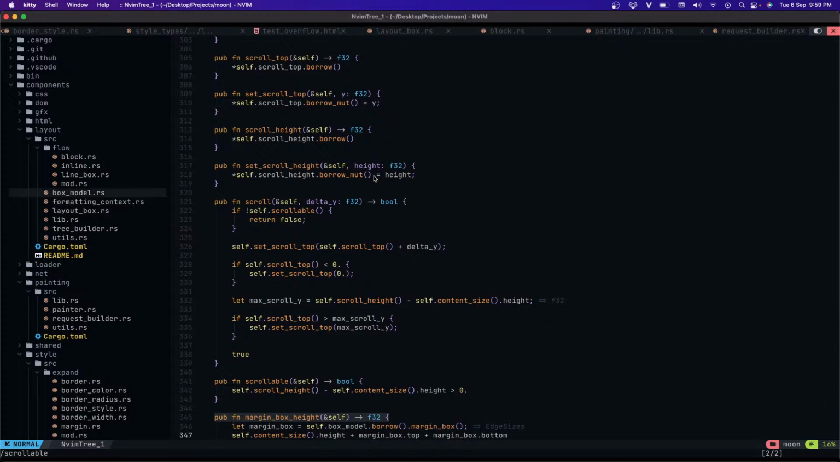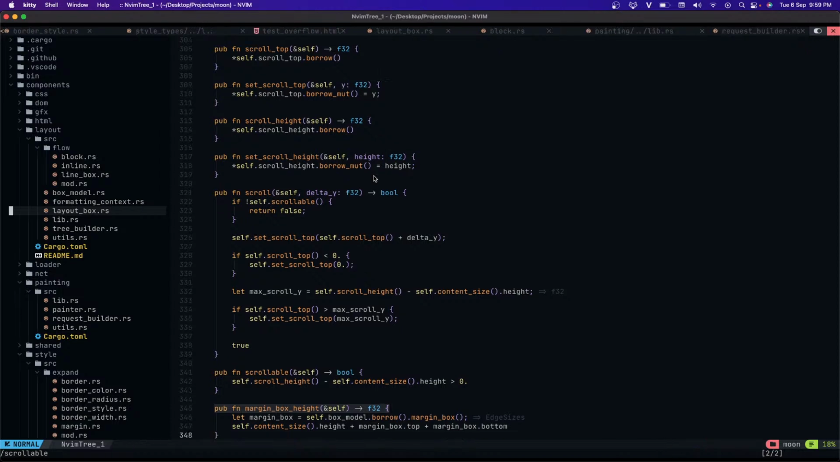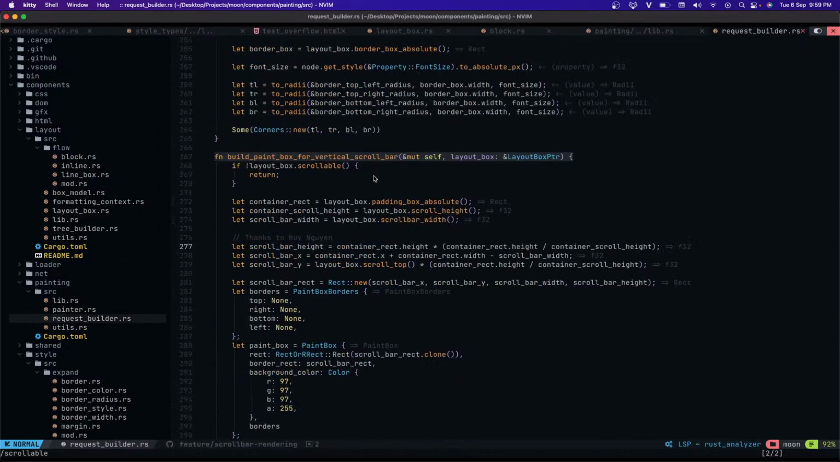Shit, what are we doing? Right, we're calculating the... Oh, right, we're doing something in here. So what we're doing is we're saying the scrollbar x should be the container rec x plus the width minus the scrollbar width, which is correct, but the container should be the padding box instead of content box, because the scrollbar is outside of the padding. So